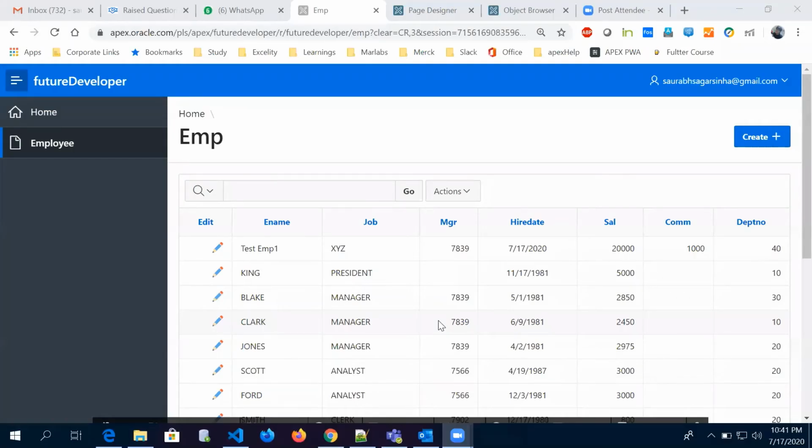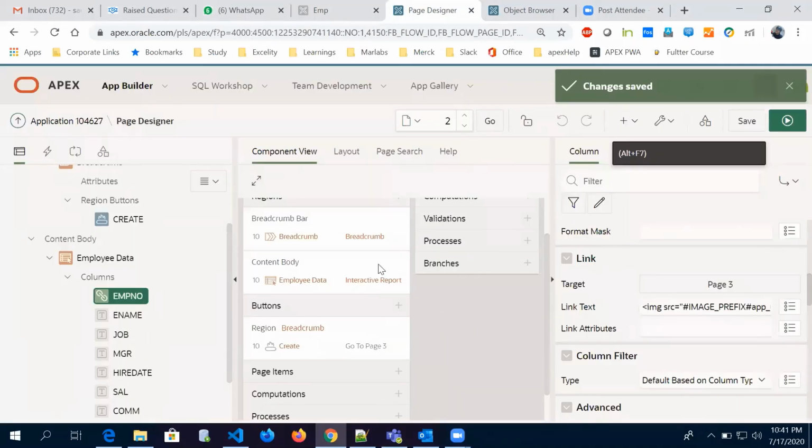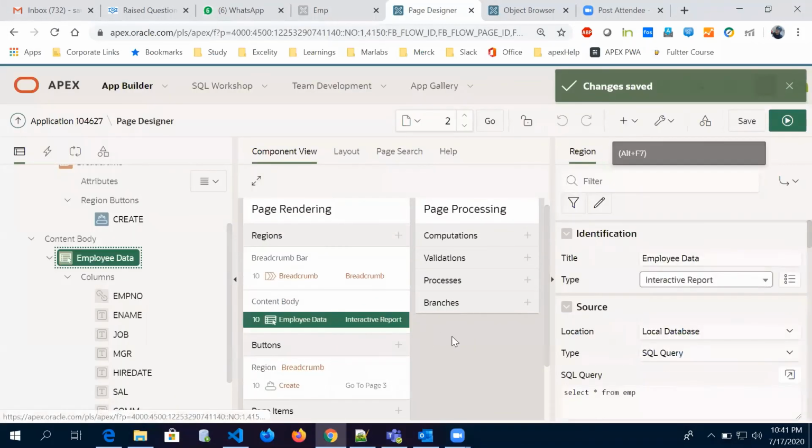Okay. Yeah, Saurabh, I have one small doubt. You applied the edit icon on the EMP number, right? Yes. Just now you created one hide column, right? Yes. Same thing, can we create a dummy column for edit? For this thing you're saying? Yes. Yeah, we can create a dummy column as well. So I'll show you. So that is better, now directly we can see that employee number also.